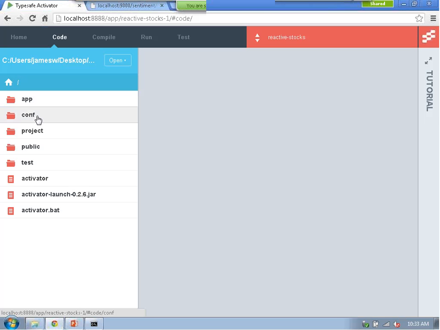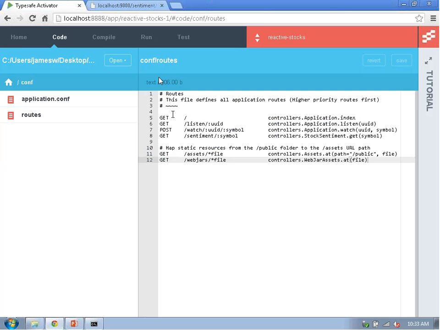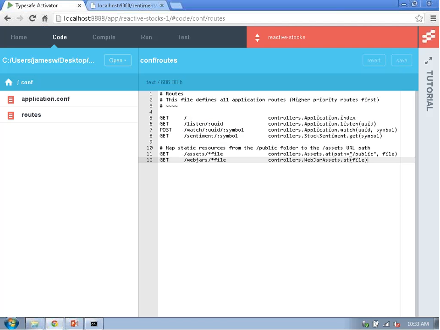This is a Play application, and one of the things that we do in Play is define the routes that we want our application to handle. As you may have noticed, the URL in this application is /sentiment/ and then the stock ticker. In Play, we configure in the conf routes file a mapping between an HTTP verb, an HTTP path, and then the controller that's going to handle that request. So in this case, a GET request to /sentiment/ and then some stock symbol